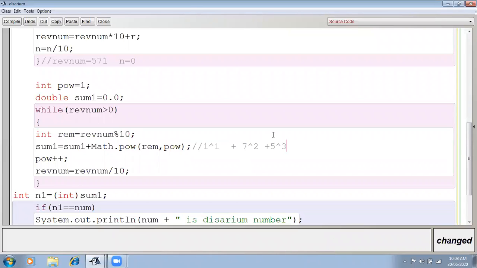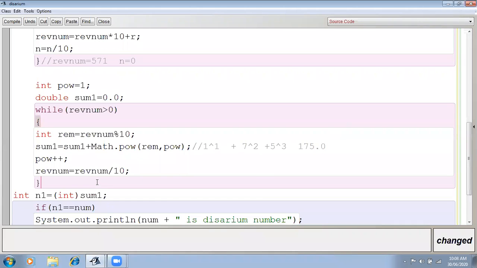Means 1 raised to 1 is 1, 7 raised to 2 is 49, and 5 raised to 3 is 125. So the total sum will be 175. At the end of this loop you are going to get 175 in sum1. No, it is a double, so 175.0.